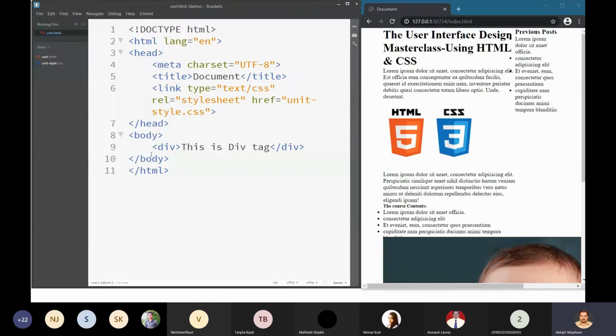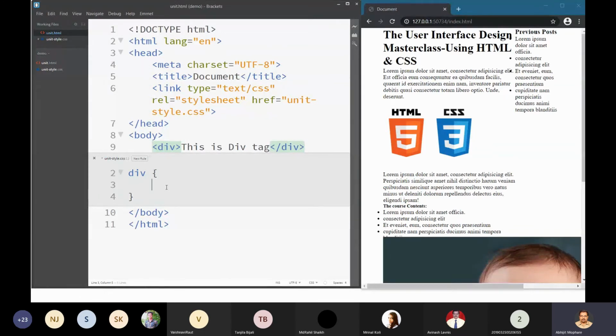Now what I was telling you is how to open the CSS rules within Brackets. Just keep your keyboard cursor on that particular tag and press Control E. Initially I do not have any rule in this CSS style sheet. It is empty, so it will say create a new rule. The moment I press new rule, see, it has automatically created the rule for you. This is why we use Brackets for web development. It comes very handy. You don't have to type each and everything. And you can do this with the help of Emmet also.